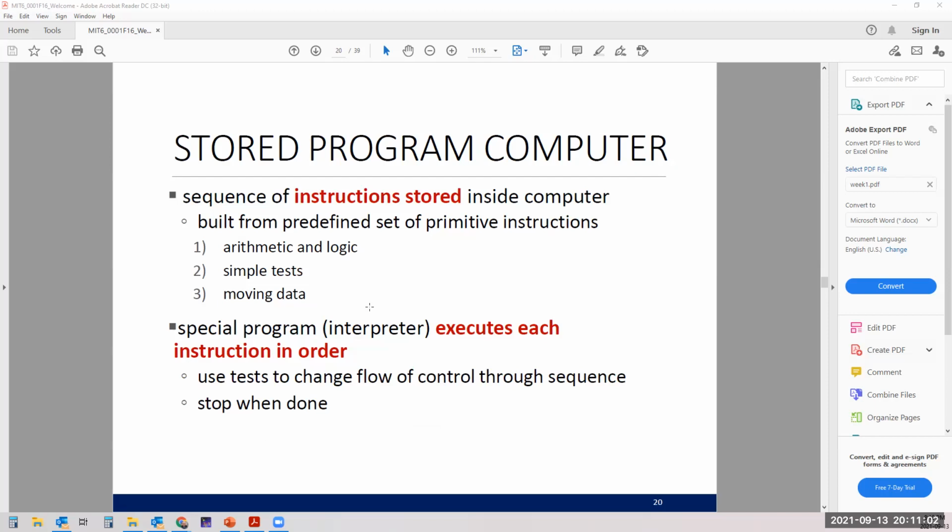executes each instruction in order. So guys, to make things simple in this slide, we have two types of high-level languages: either programming languages that use a compiler, or programming languages that use an interpreter. We call it an interpreter, not a compiler. What is the difference? The compiler will take the whole program as one unit, and if there is an error, it will give it to you as an error report, and it will not run the program.